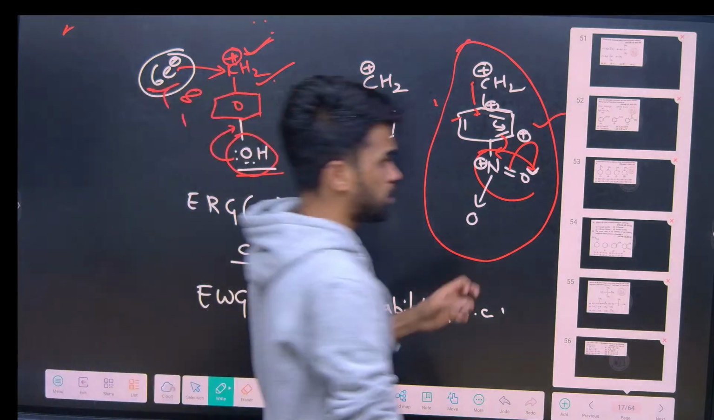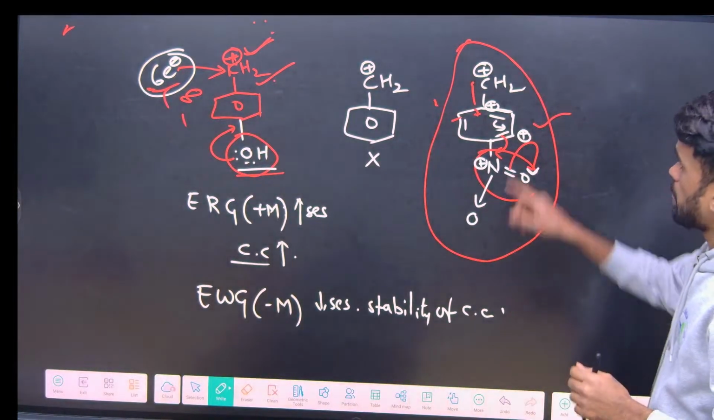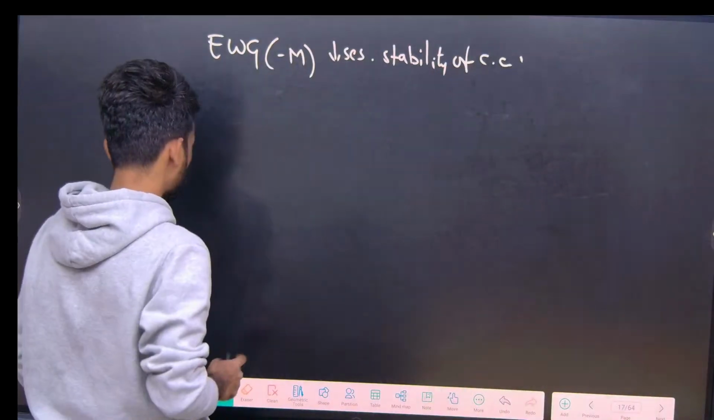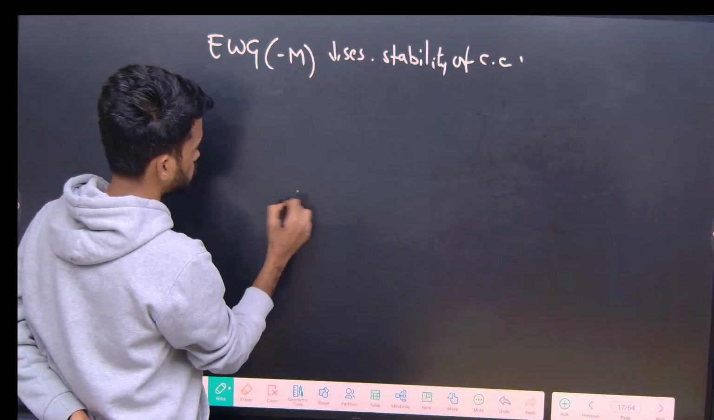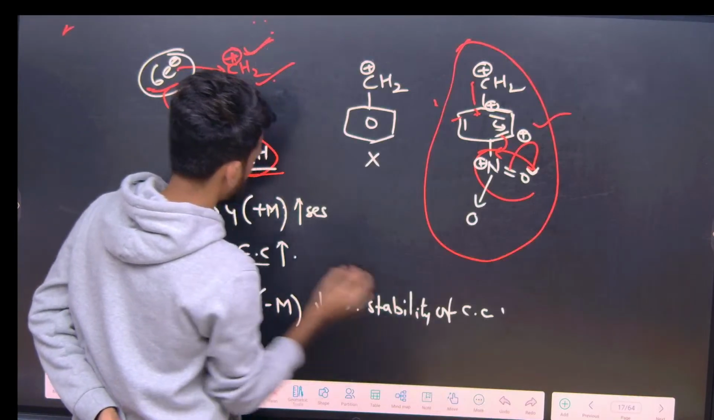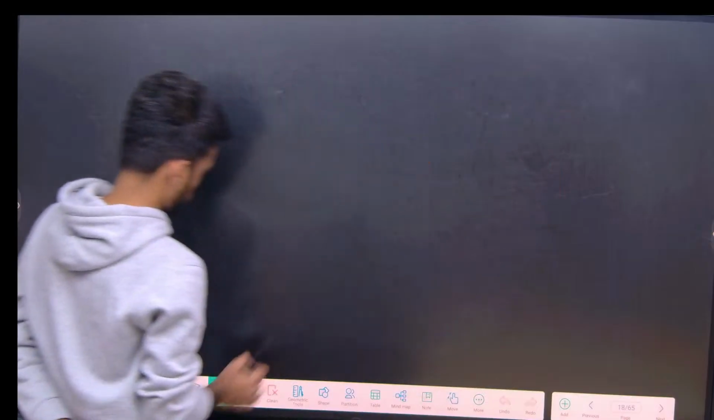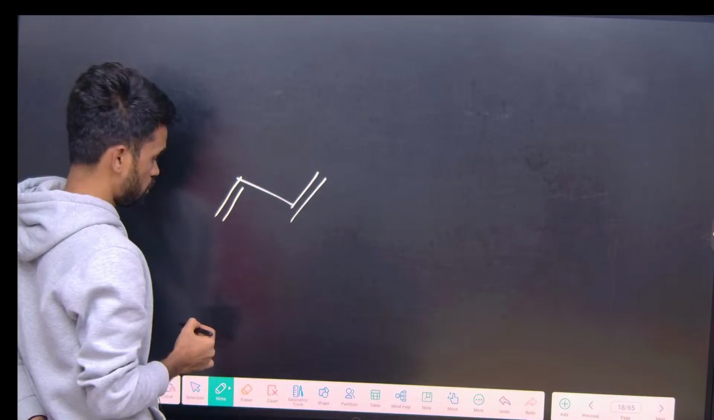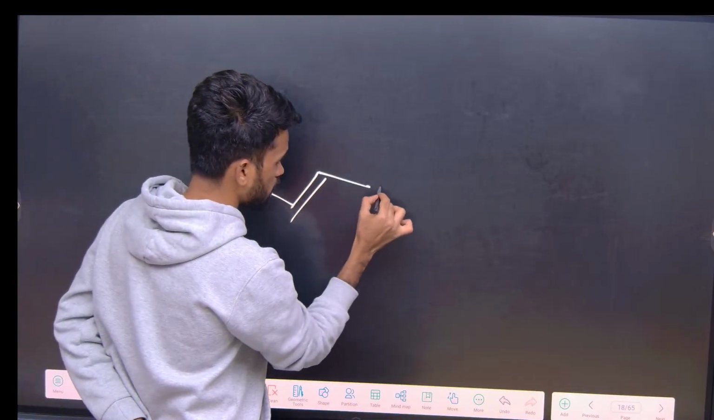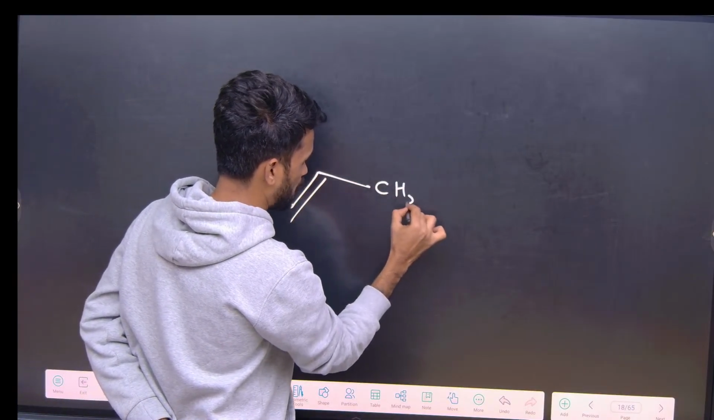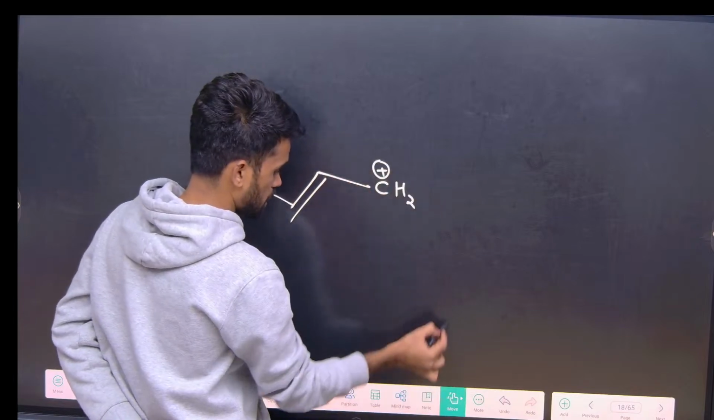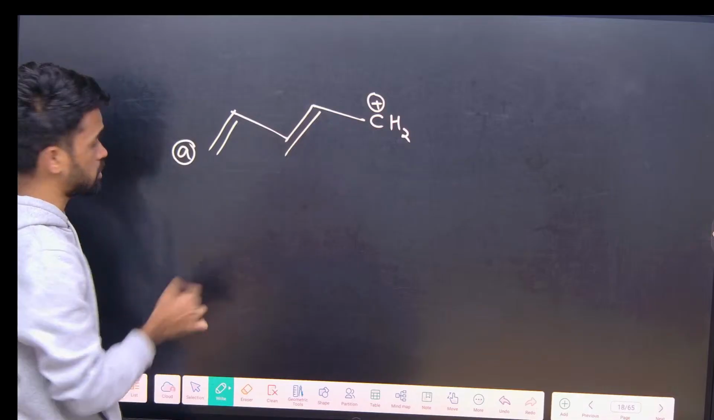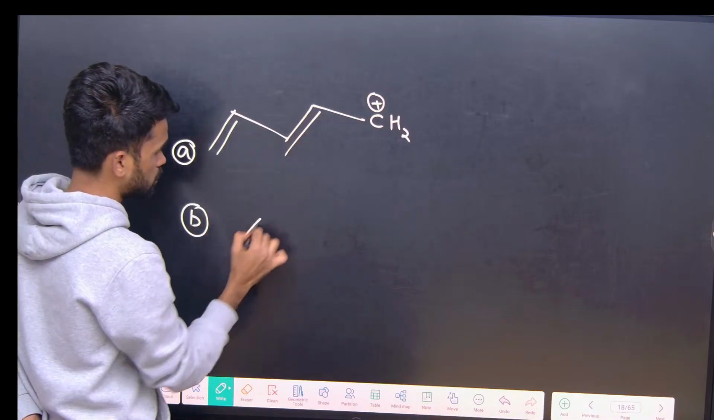Okay, so now what is there here? So we have an electron withdrawing group. Just tell me what will be your answer for this question. So I am writing here a conjugative system. To this here I am writing CH2 plus. This is option A. You just tell me the stability of these carbocations, and option B here